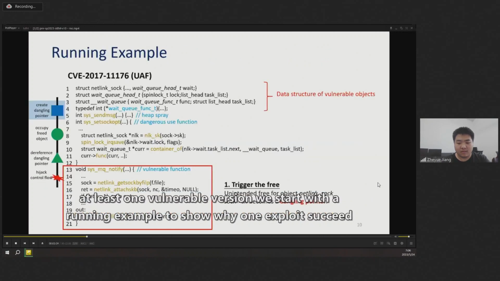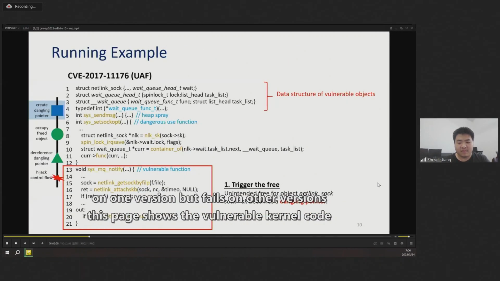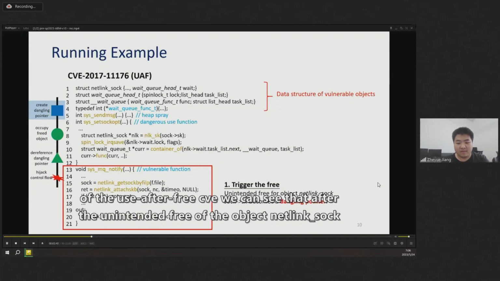We start with a running example to show why one exploit succeeded on one version but failed on other versions. This page shows the vulnerable kernel code of the use-after-free CVE. We